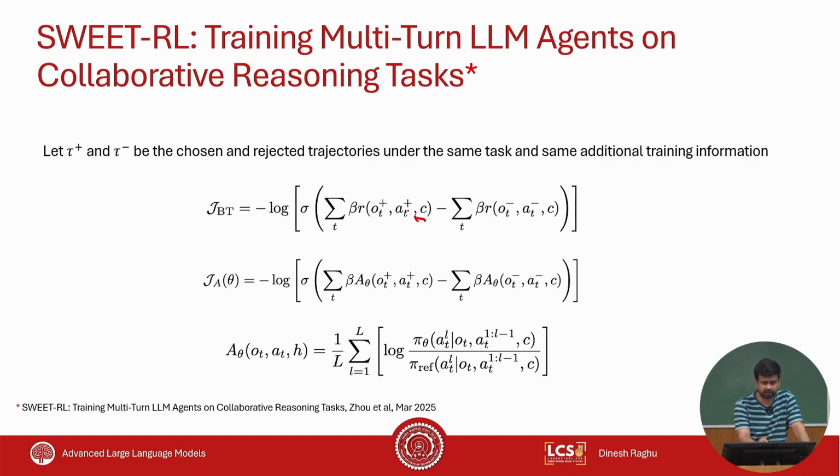OT plus is the positive trajectories, state and action, and this is iterated over all the times, every step in the trajectory, and same for the negative. What they say is that this reward, there is a proof in the paper that says this reward is equal to the advantage function that we saw in the previous step. And now they also show that this advantage function is nothing but